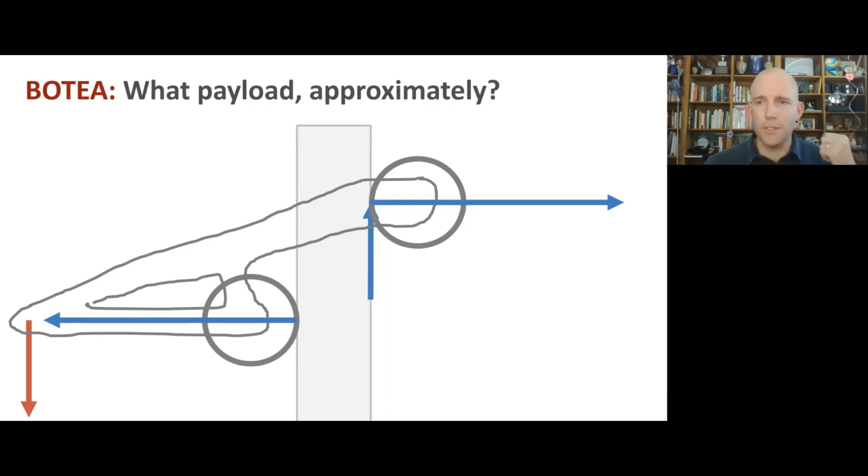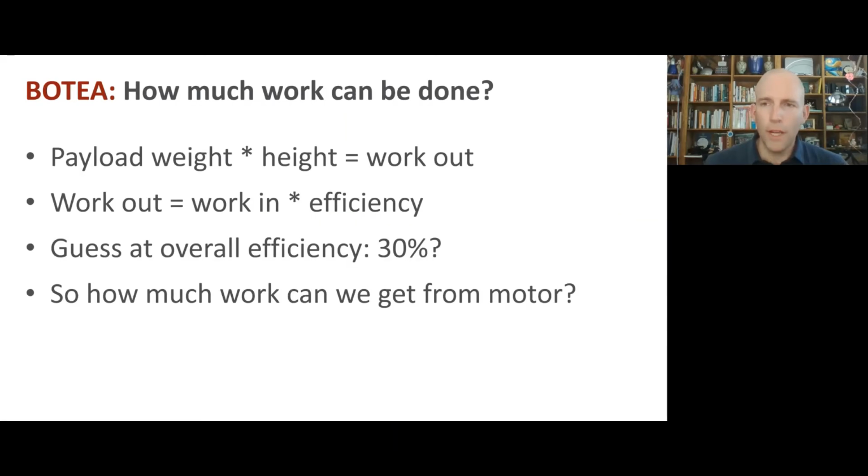Like we have to use this motor and we have a certain amount of time to climb up. So one way to try to understand how big that payload is going to be is to think about how much work is implied by a certain payload and how much work our motor can do in the amount of time we have available. So if we start at that end and work back, we'll eventually get to something that we